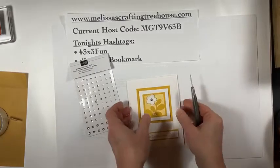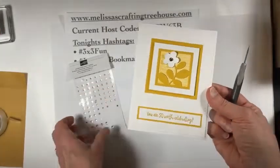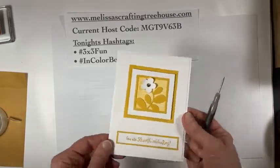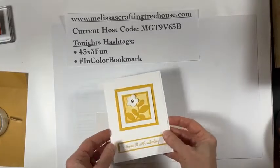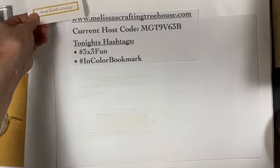Sure, it's actually going to stick in there. And there we go. There's my adorable little card. Clean and simple with some extra added little touches of fun. So before I show you the other cards that I made in the same design, we're going to do a